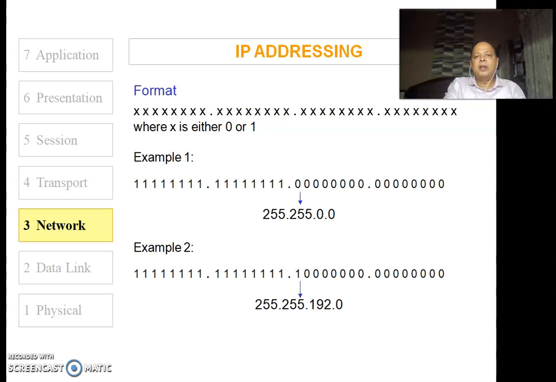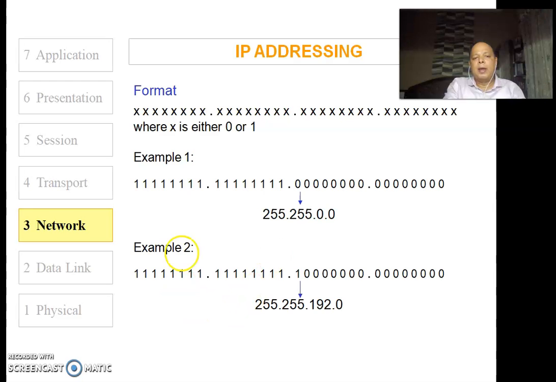Now, IP addressing, which is mainly concerned with the network layer, has a format. Here you can see the format which is shown on the screen. Each bit can be either 0 or 1. Generally it is expressed something like this. For example, in example 1, this corresponds to 255, this corresponds again to 255, this corresponds to 0, and this corresponds to 0. So the IP address becomes